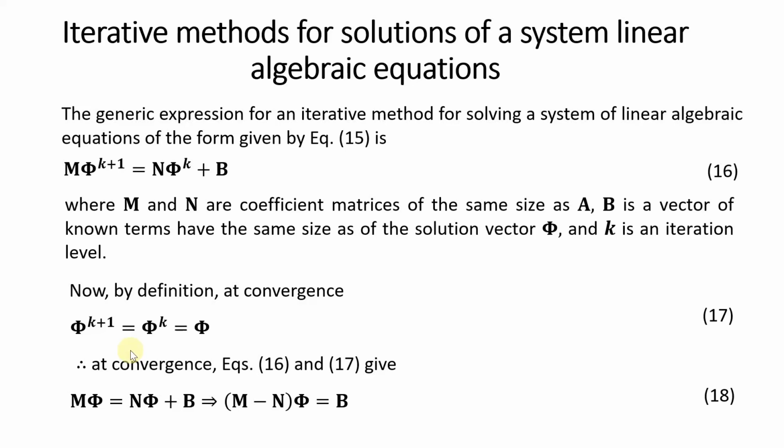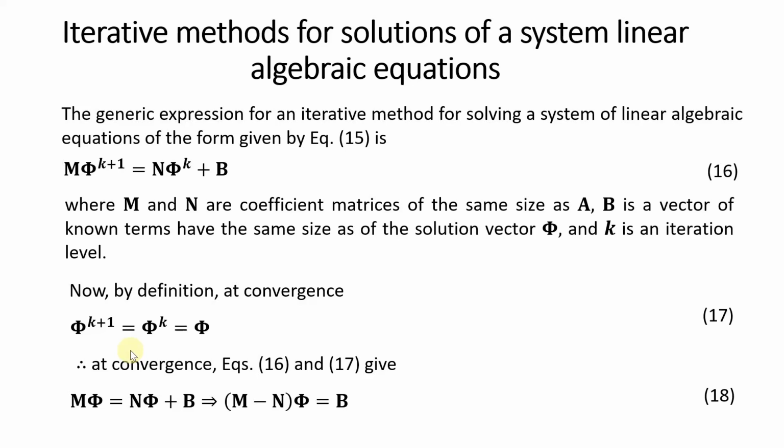Now, by definition, when convergence is attained, the solution in the k plus 1 iteration is going to be the same as the solution in the kth iteration, and that has to be the actual solution phi. So theoretically, equation 17 is valid at convergence, and when we substitute equation 17 back into equation 16, we find equation 18, that gives M minus N into